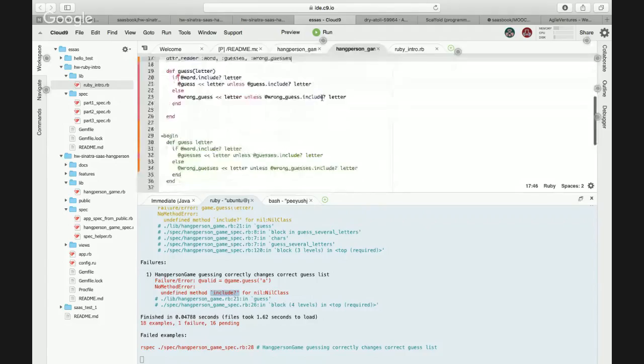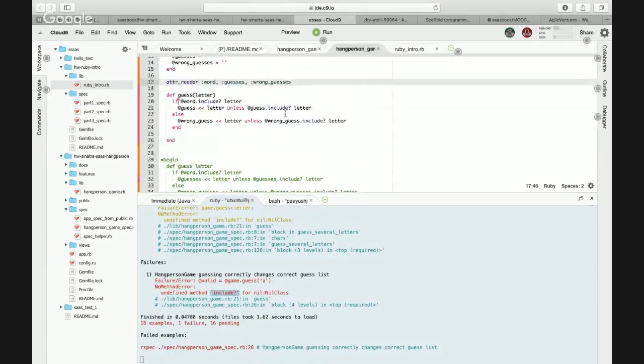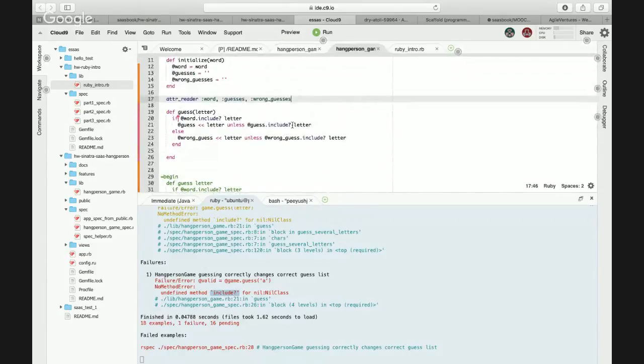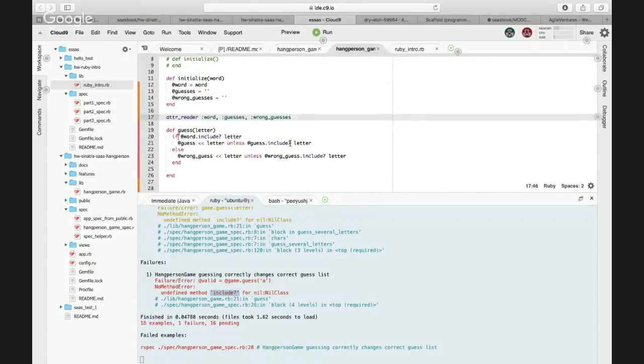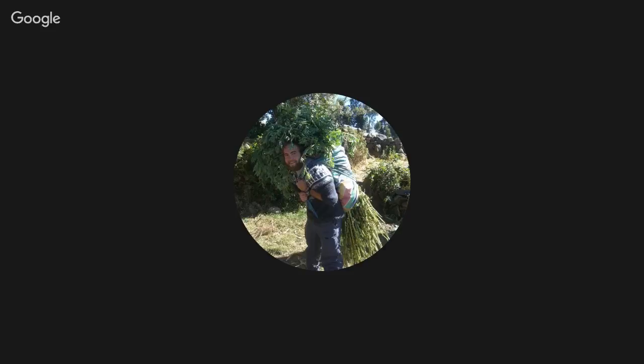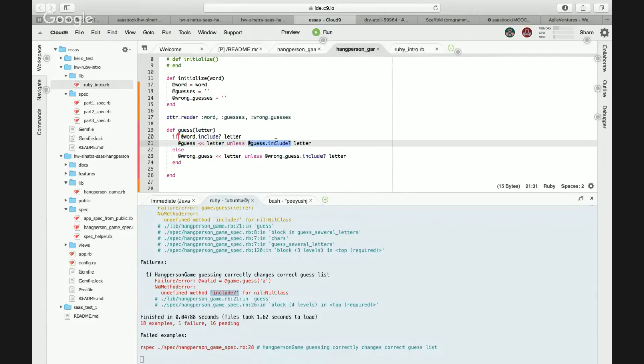Yes. So here we have include, if you see, in the guess, right? In the guess word. Oh yeah, okay, I see what you're saying. Initially, when someone is guessing the first time, it might not have anything. Yeah, on the first guess it's going to be blank.